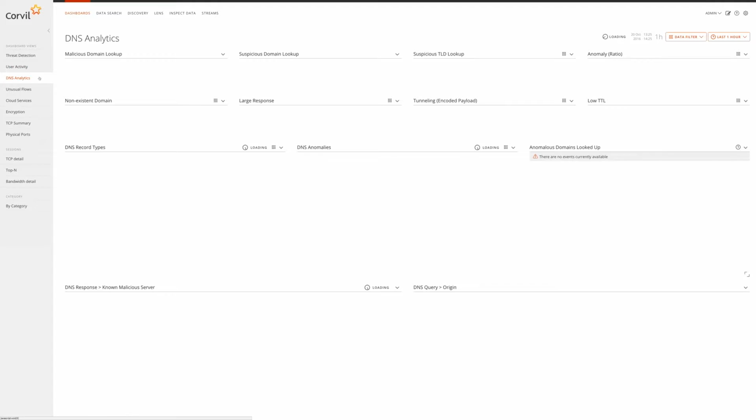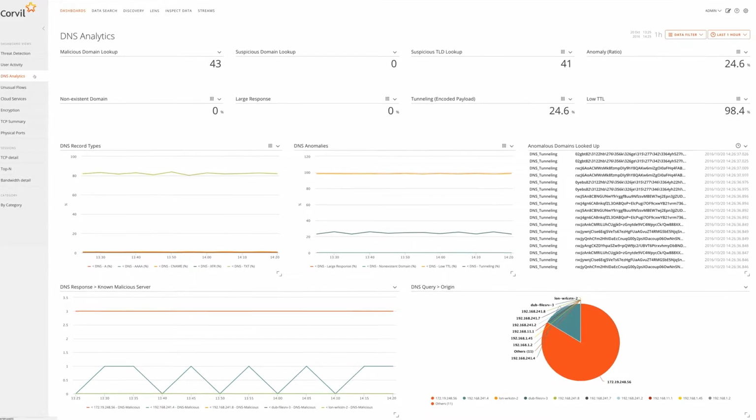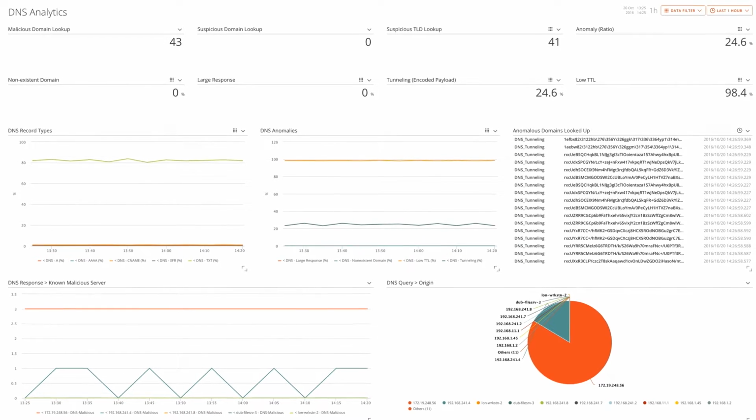Also, we provide a dashboard for analytics specifically of DNS traffic. So with this dashboard at a glance, you can see a breakdown of the DNS traffic in terms of how much of it is to known malicious domains or suspicious domains, and how many anomalies are we currently observing within the traffic, whether that be connections to non-existent domains, large responses in the mix of the traffic, encoded payload, low